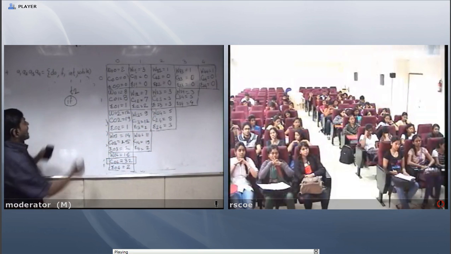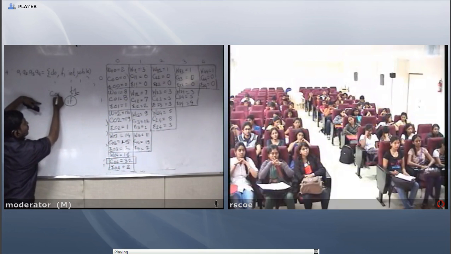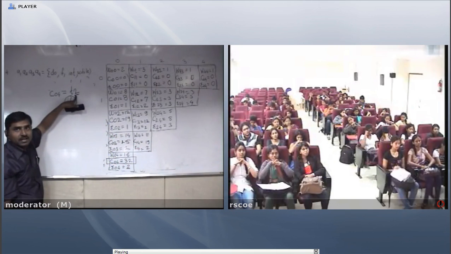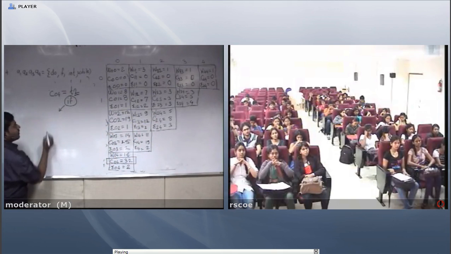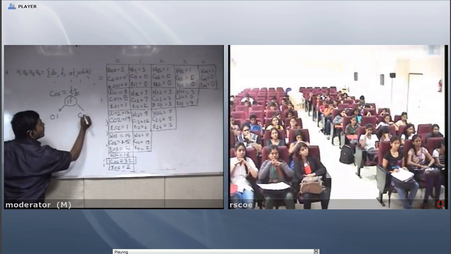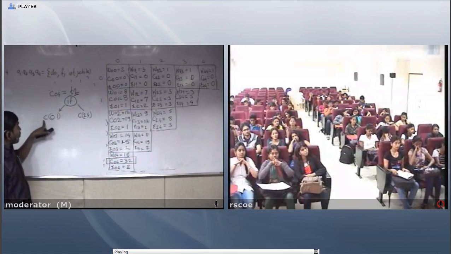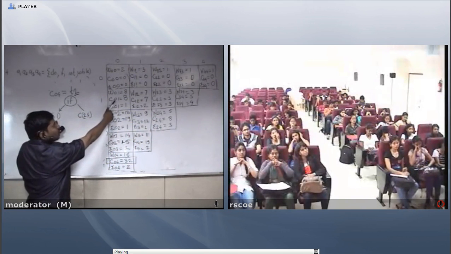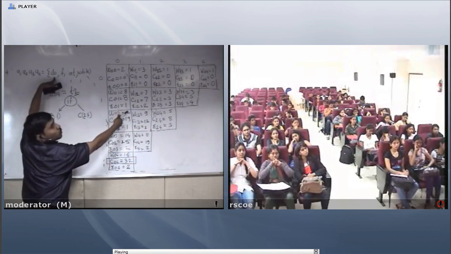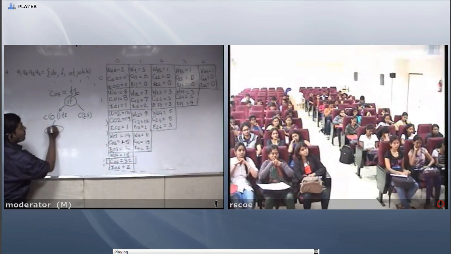Clear? Now when I consider T2, what is the left side? This is calculated from 0 to 4. From cost 0 to 4, the final is T2. Now the left side is 0 to 1, and the right side is cost of 2 to 4. For cost of 0 to 1, see the chart. What is the best root? The first node. What is the first node? 'do'. T1 is the root, so first is 'do'.